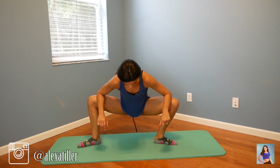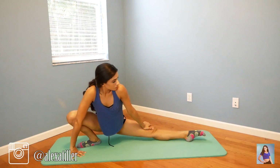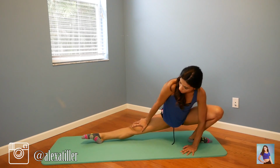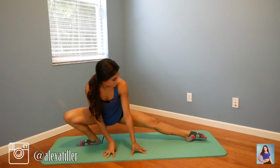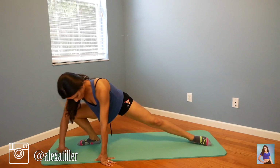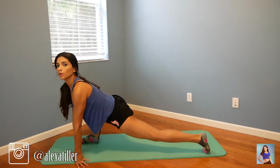Take it all the way down, straightening one leg out. And pulse a little bit here. Very good. Not bouncing, just light pulsing. Very good. Switch to the other side again. And we're going to go into a lunge and then back. Lunge, back. Lunge, and back, lunge, and stay, and we're going to do some